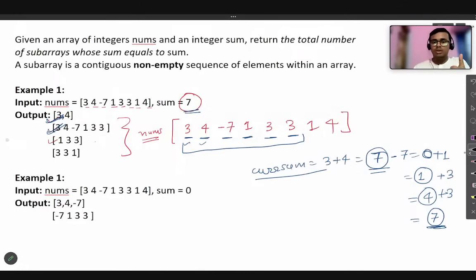But now the trick comes. Here you can see that when you get this 7, there is one more subarray being formed if you analyze it. If you start with 1 and move to 3, the value is again 7. Are you getting it, guys? But if we just do the current sum process, we will not be able to find this internal subarray. We will only find the subarrays starting from the first element.